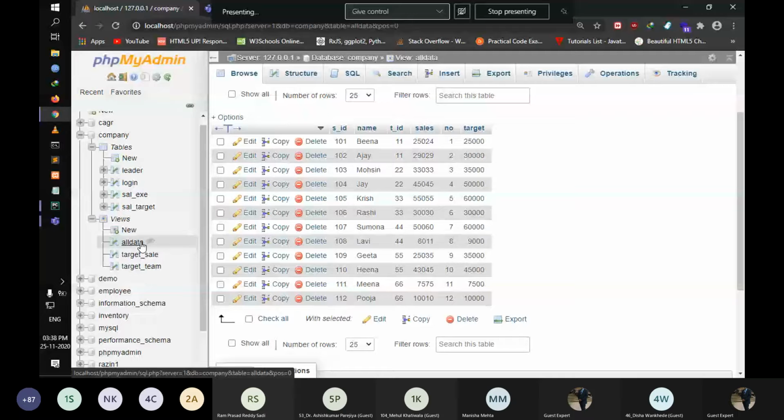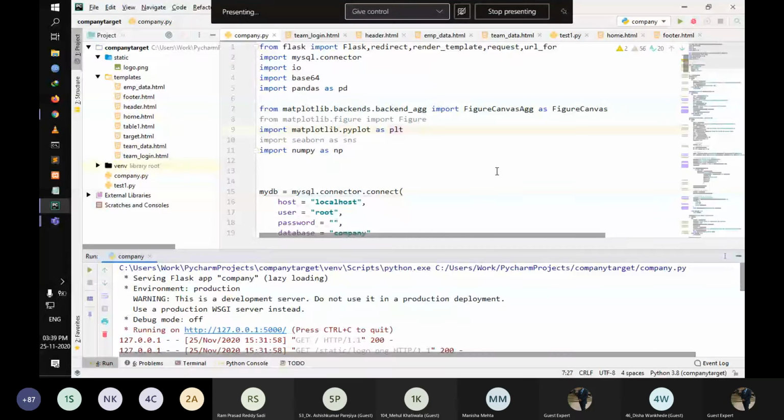So this is the basic. It just shows the target and the sales data, and we can compare it, and we can create charts using it. Just a visual representation of the data. So basic data analysis. That's all. If you have a question in this, please ask.